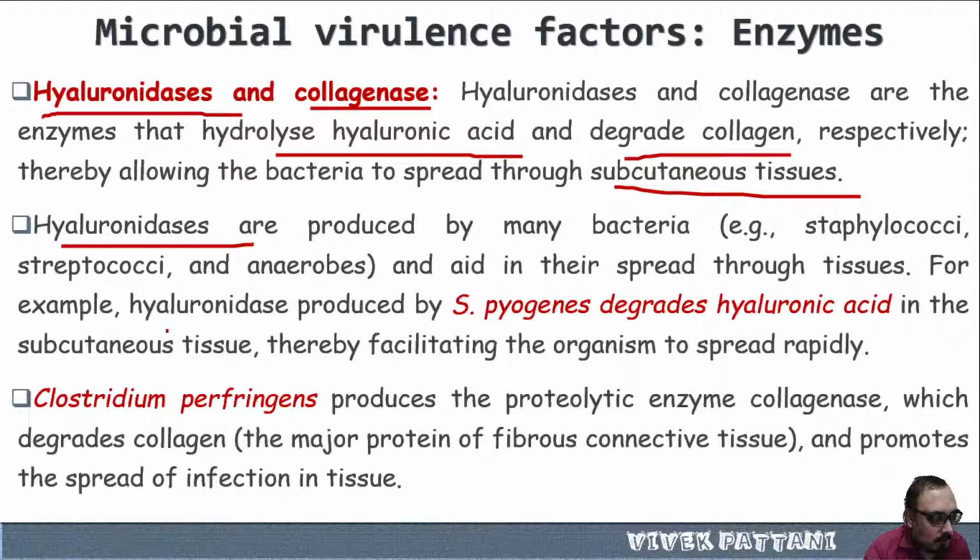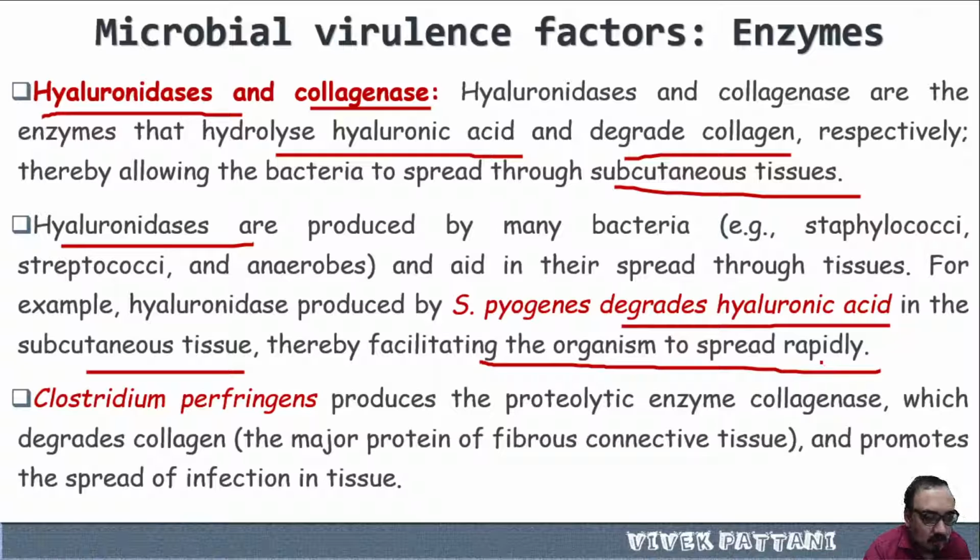For example, hyaluronidase produced by Streptococcus pyogenes degrades the hyaluronic acid in the subcutaneous tissues, thereby facilitating the organism to spread quickly, or rapidly. Another example is Clostridium perfringens, which produces a proteolytic enzyme collagenase, which basically